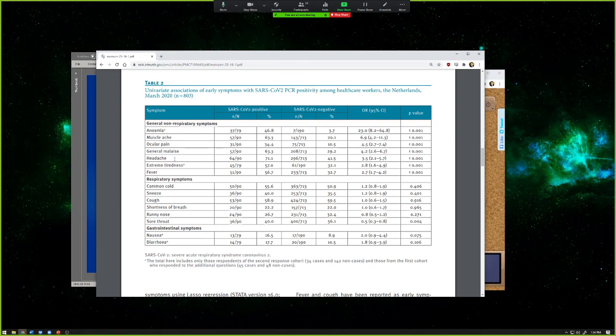Being able to look at these sorts of things and say, okay, what was more present in people who had the disease versus not? What kind of things would I want to take away from this? What kind of associations can I make? What sort of conclusions can I take away from something like this? The test question is going to have something to do with a table similar to this. I will give you the information, I'll give you the numbers, and then I will have some conclusions that may or may not be true, and you've got to figure out which one is the right one.